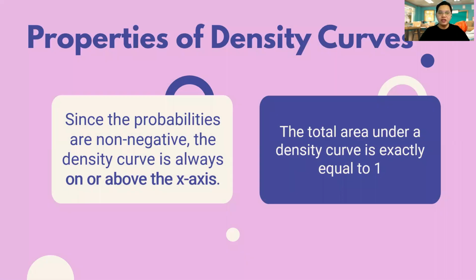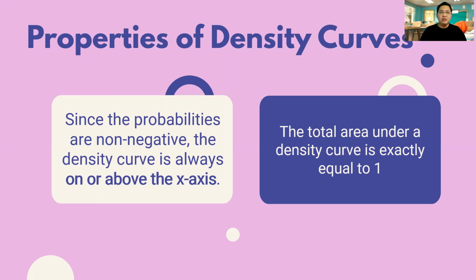All right. Here are some important properties of the density curve. Since the probabilities are non-negative, the density curve is always on or above the x-axis. So we remember that it does not make sense for the probability or the density of a certain value of the random variable to have a negative value, because